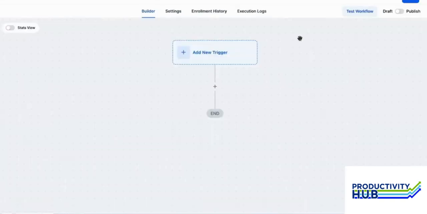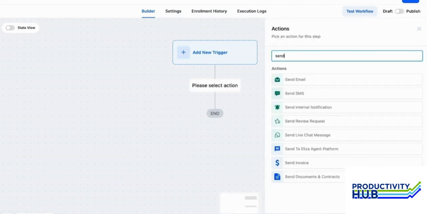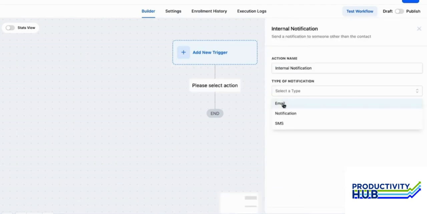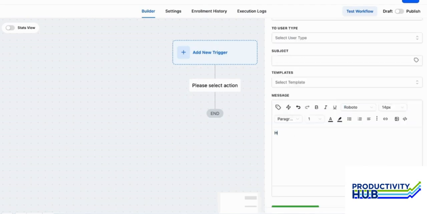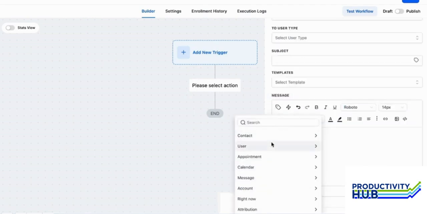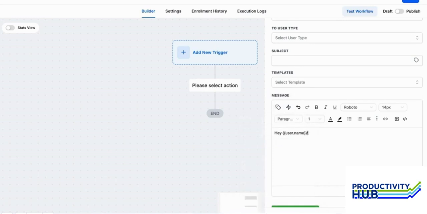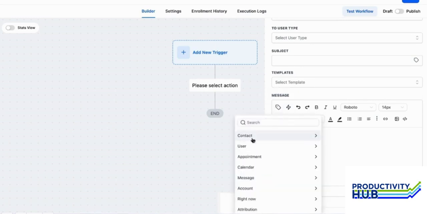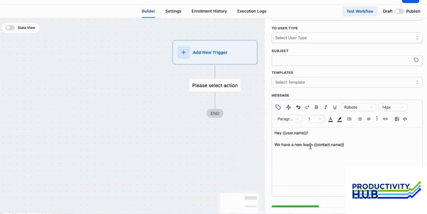So let's say you want to create a workflow where you want to notify your sales team that this is the type of lead that has come in, either it's a buyer or a seller, what is the type of property they have, and all that information. So what you can do is send them an internal notification. You can choose the type, email or SMS, and then under the message you can say hey, and then say their assigned user's name, we have a new lead, and then add in the lead's full name,